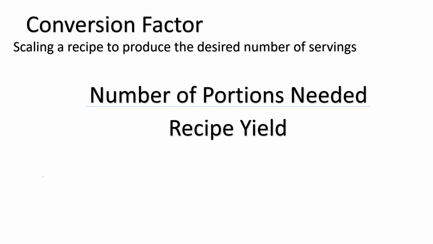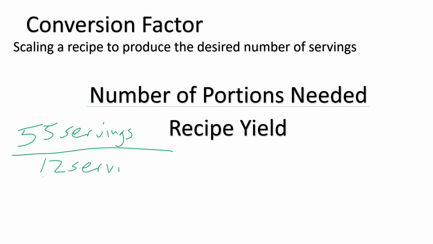Okay, so now let's say we need 55 servings prepped for lunch, and our recipe makes 12 servings. Well, we can take 55 divided by the 12 servings that our recipe makes, and we get our conversion factor of 4.58. Okay, so that's what we're going to multiply by if we need 10 pounds of flour, or